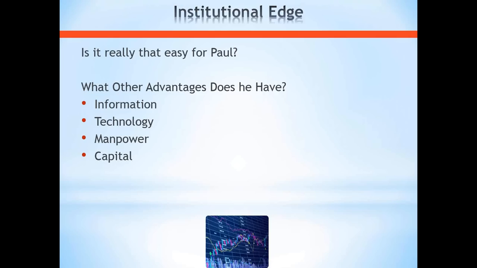Whether that information is non-public or public information, they have better access to it. Even public information is more available to institutional traders than it is to retail traders at home like me and you, okay? The sheer size and capital that they have behind them means that they can afford much better technology and much better analysis of that information, okay? We all know just how much money is spent on financial data by institutions every year. They have access to something that I do not. One thing that they also have access to, and one ability that they have that I can never, ever replicate, is the amount of manpower that they have.